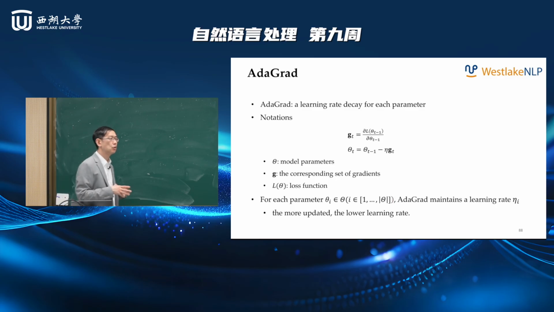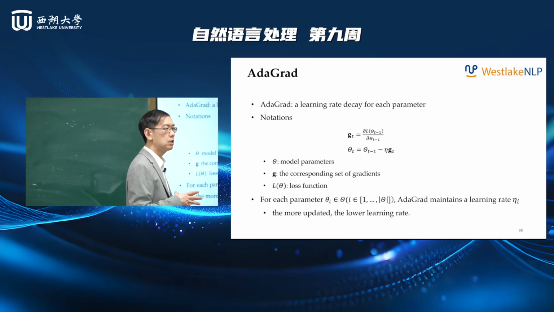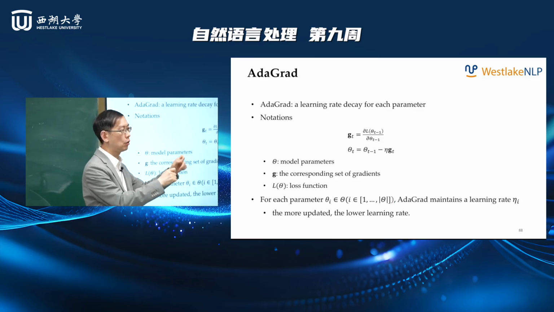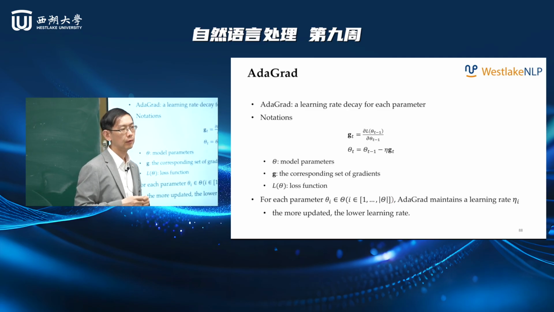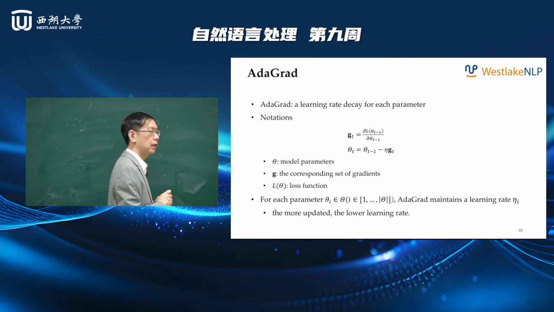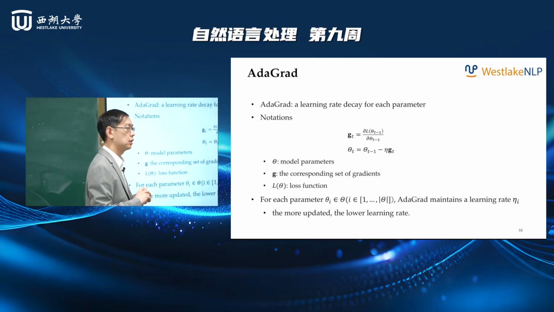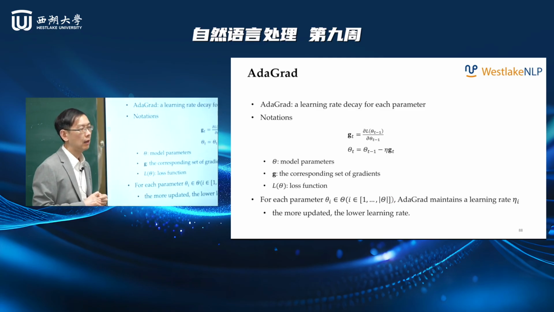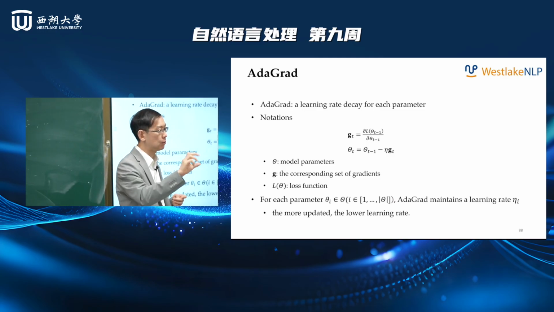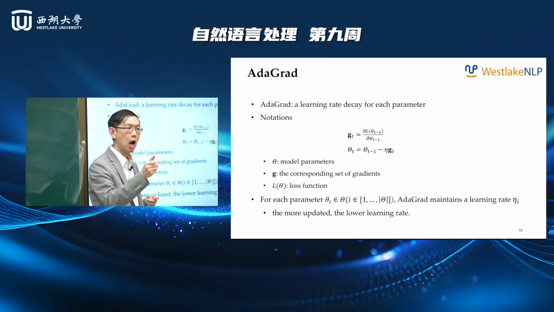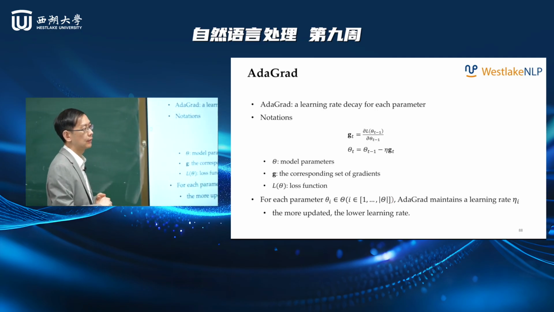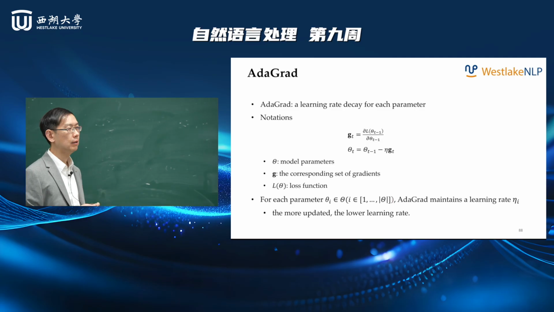And also, we want the learning rate for each model parameter to be big at the beginning and small in the end. And then the third thing, how do we ensure that the learning rate of every model parameter is controlled differently? I want to reduce the learning rate of each model parameter according to how much I have changed the model parameter. With these three principles,